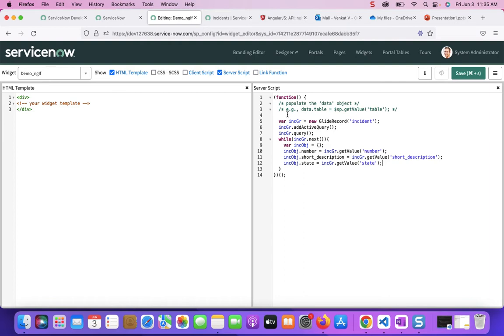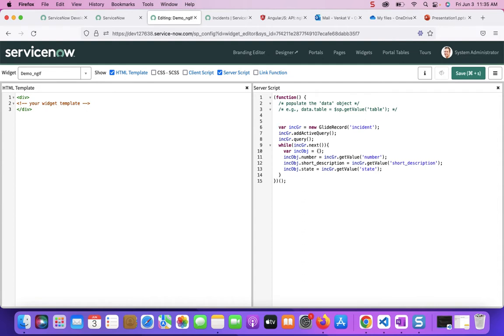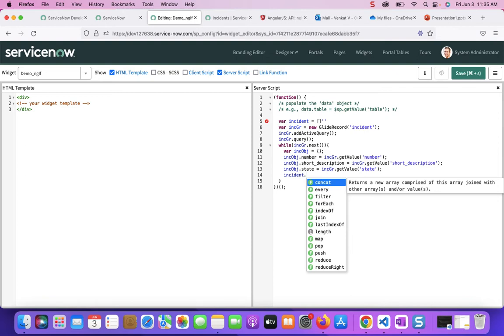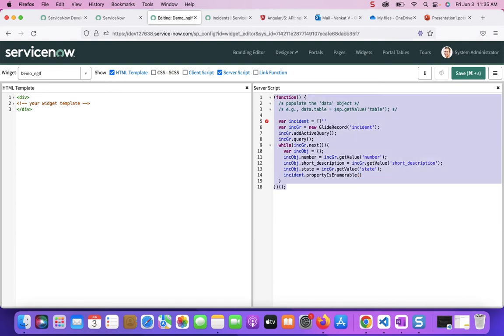I need one more JavaScript array. Let's define that, var incident, and I'll push this object to the incident array one by one for every GlideRecord that is available on incident. So incident.push incObj. At the end of the while loop,